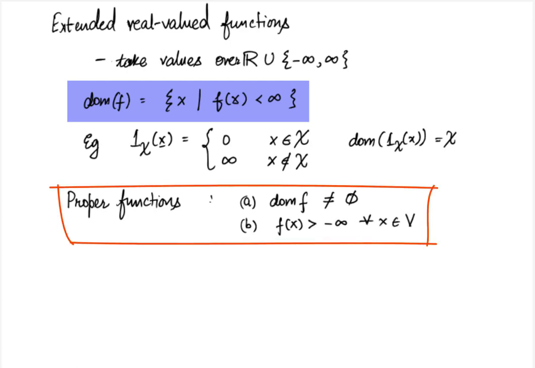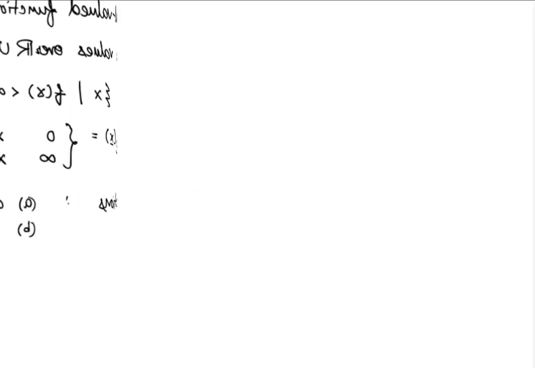The fact that the domain has to be non-empty is intuitive, or else it becomes a trivial situation. The requirement that f must be greater than minus infinity is essentially a matter of convention, because remember that no function was taking infinite values on its own unless we were explicitly forcing the function to do so. In other words, in case of proper functions, we do not force them to take the value of minus infinity anywhere. It has to do with the fact that we are planning to minimize the function f, and if it takes values of minus infinity, it makes some of the other definitions inconsistent.